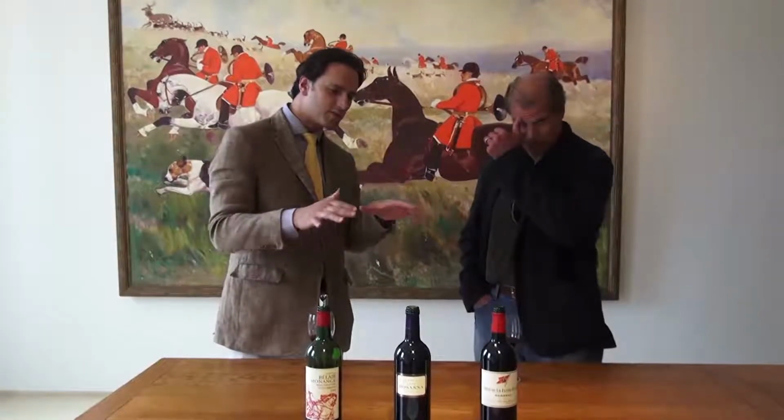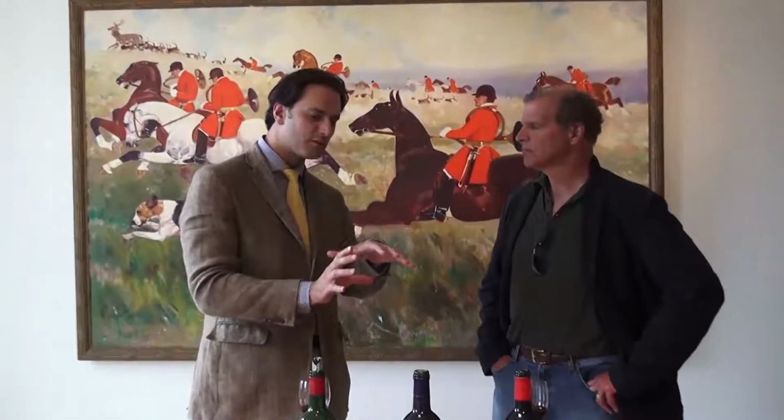And this estate, or this area, unlike the other wines we're going to taste today, is mostly limestone, isn't it? Exactly. The plateau itself is pure limestone. It's right next to the village of Saint-Emilion. It's the highest point of that area. And there's another part of the vineyard which is facing south, clear on top of limestone, but it's very mineral in general due to the limestone, and it's quite fresher and more elegant, more feminine than the Pomerol, which are